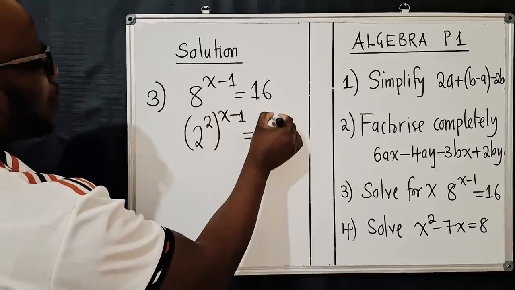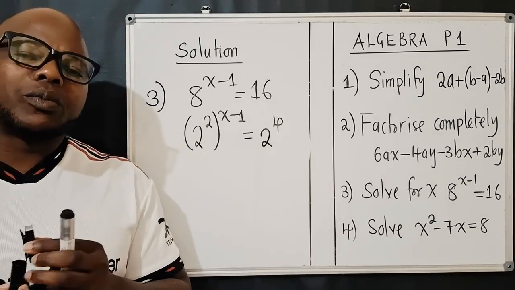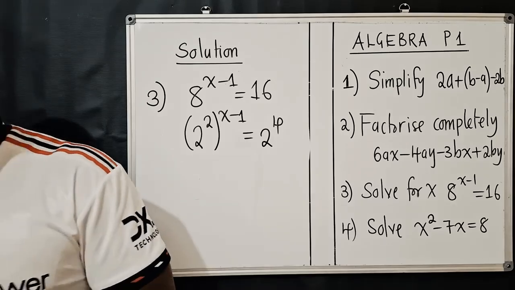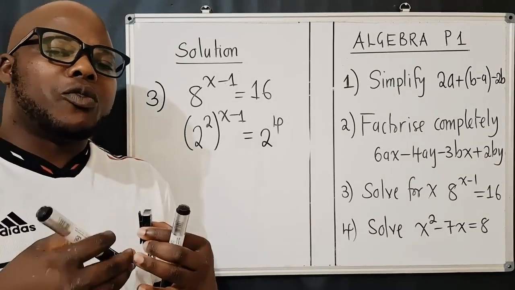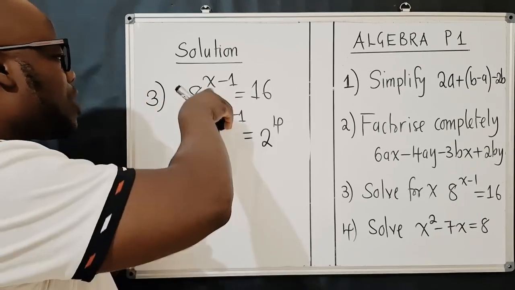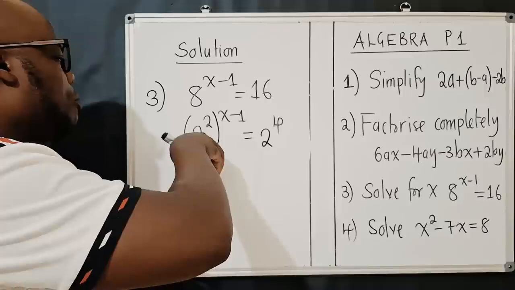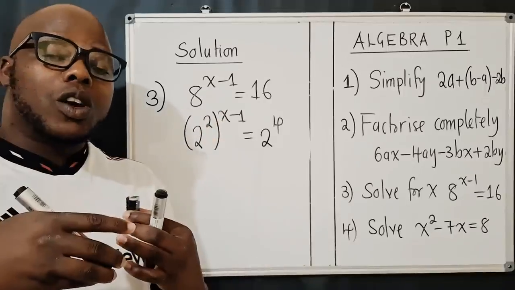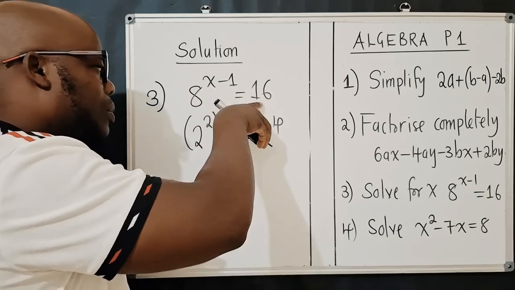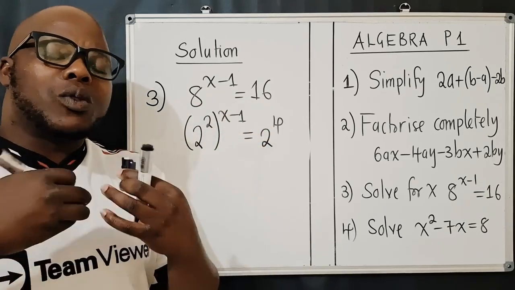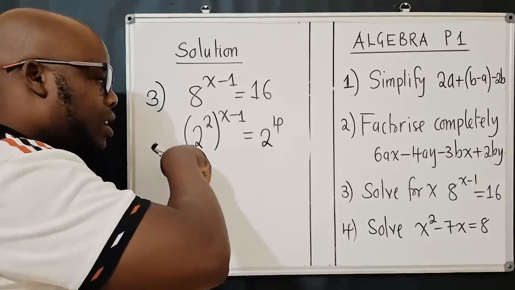Here, 2 power 4. Now, I want you to understand something very simple here. When you're dealing with equations which involve exponents, we're trying to find the value of x, which is an exponent or a power. We balance the bases. That's a rule. But here we've got 8 as a base, here 16. So there is no other way we can balance the bases except writing a 2 here and a